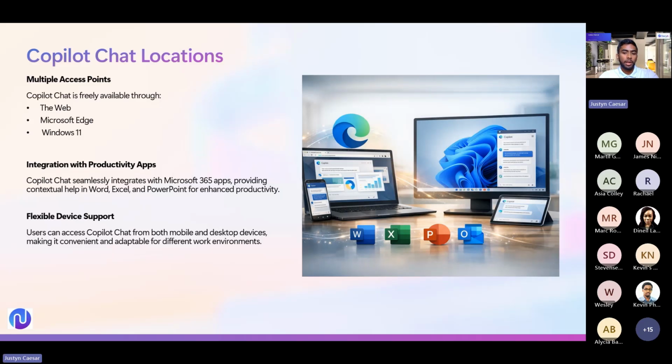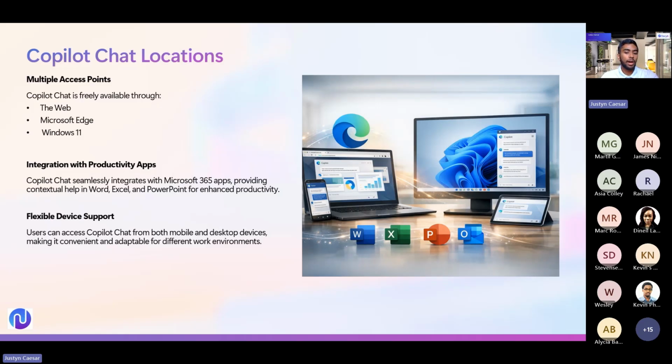You'll also notice that Copilot Chat fits alongside the very familiar Microsoft 365 apps. In Word, Excel, PowerPoint, Outlook, it can help you think, draft, or refine the content while you're actively working on that file. This integration lowers the barrier to entry, and it makes Copilot feel like a natural extension of your everyday tasks. Because Copilot Chat is available across desktop, web, and the mobile experiences, a key differentiator in maximizing its